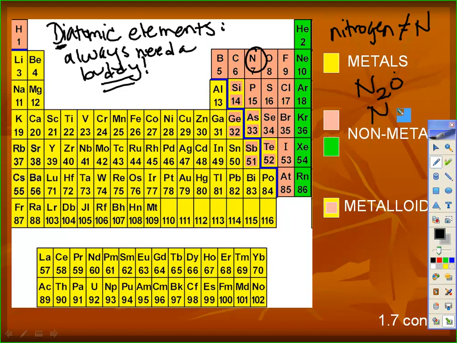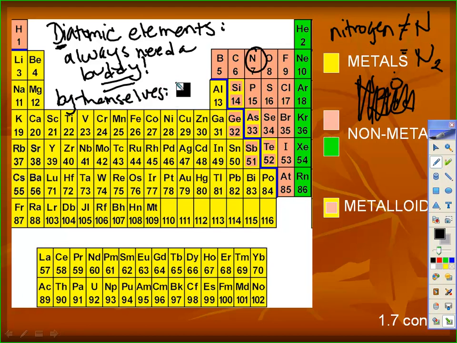He could be just NCl, maybe, nitrogen chloride, so he's with a buddy. But if you want just nitrogen all alone, the element, he needs a buddy. So he's going to be N2. That's how we find nitrogen in the air. Never N, but N2. So these elements, when they're by themselves, they look like whatever the element is, X, and then 2 to show that they've got a buddy,